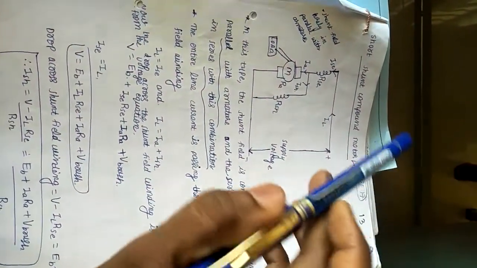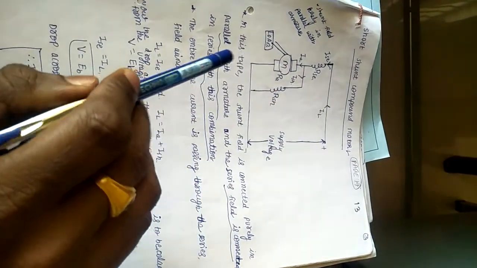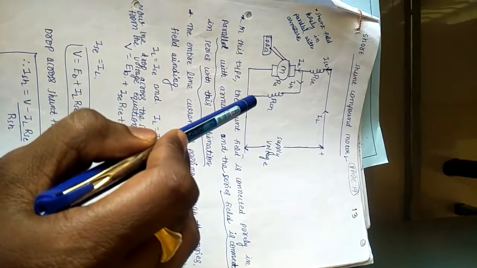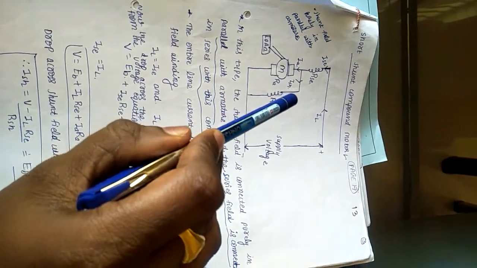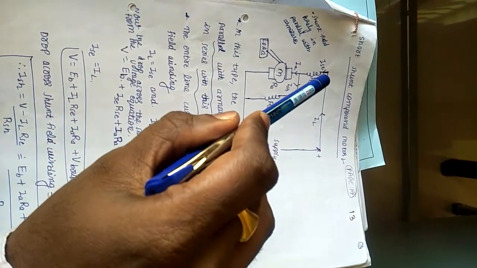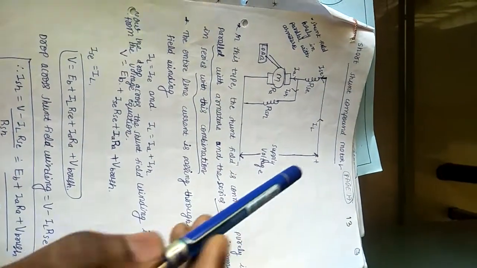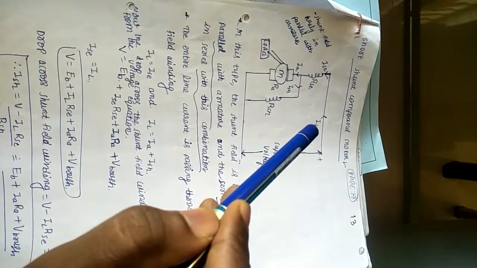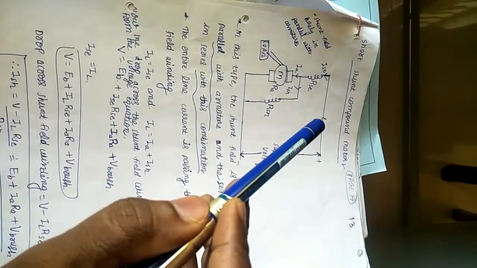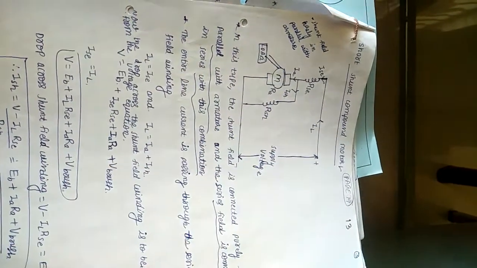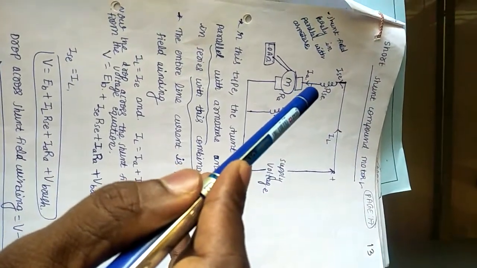So the next type is the short shunt compound motor. Here in this type, a part of the field winding is connected in parallel with the armature, and for this parallel combination a part of the field winding is connected in series. So here the load current IL is equal to ISC, IL equal to IA plus ISH, or ISC is equal to IA plus ISH, because at this node the current will get split up.